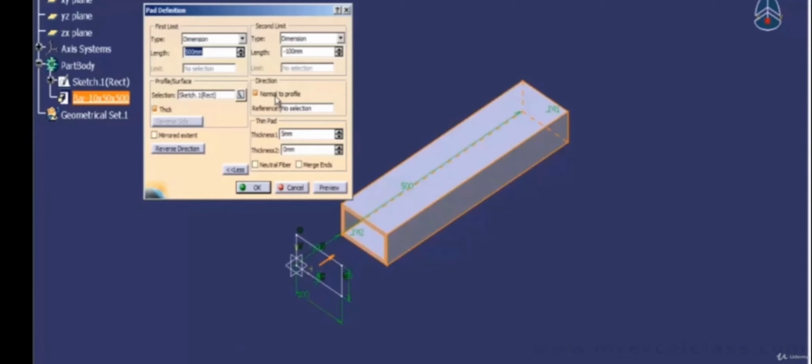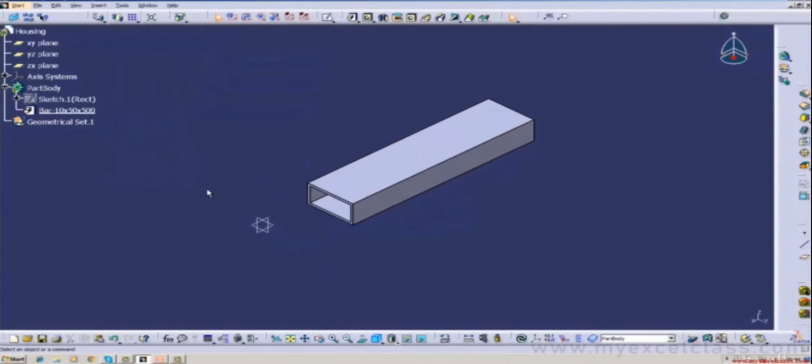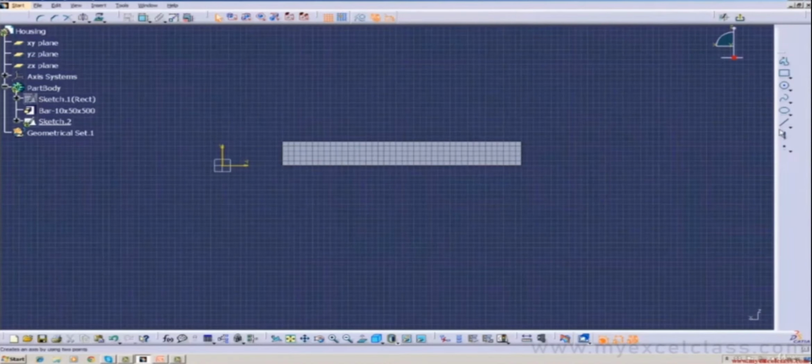If we want to incline the pad along the line which we want or along some degree or an angle, then what we need to do? First, what we need to do is select the plane which is suitable to make a profile. Now, what I'm going to use is ZX plane. Here I'm going to do a sketch, roughly a line which is inclined to some degree. Let us suppose 15 degrees or so. So this will form the basis.